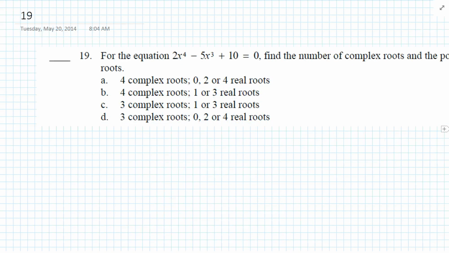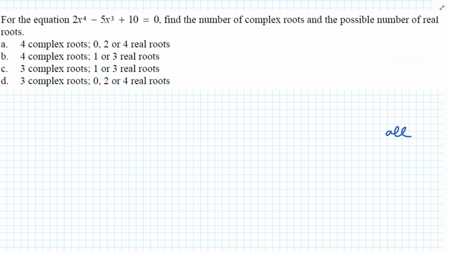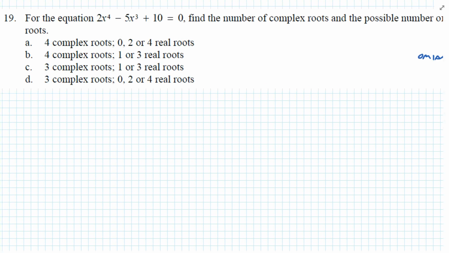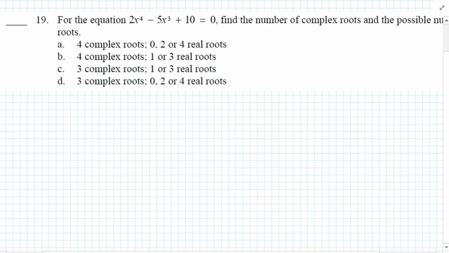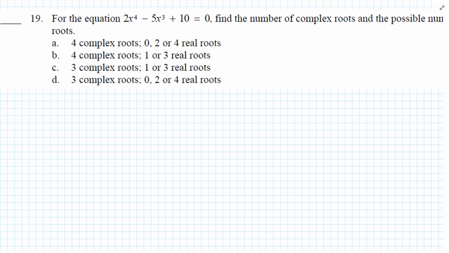19. For the equation 2x to the 4th minus 5x cubed plus 10, find the number of complex roots possible and the number of real roots. Okay, so let's look. I've got a 4th degree polynomial. So total, I'm going to have 4 complex roots. I have to. And remember, if I have 4 roots total,